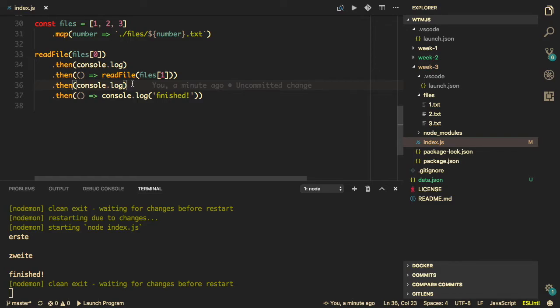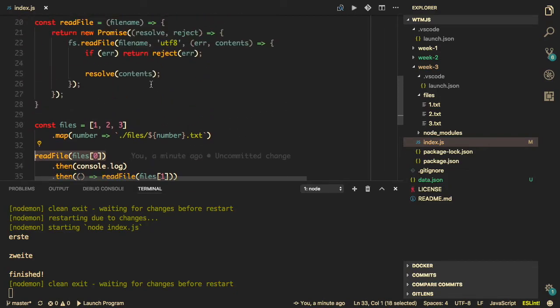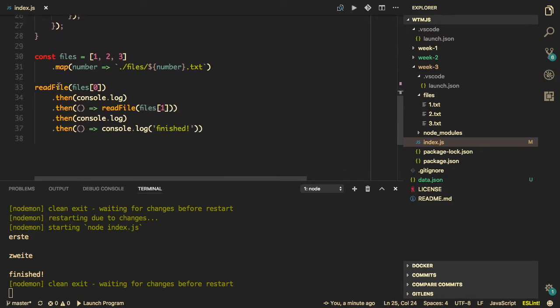Why this works? Well, I read the file, and read file gave back a promise to me. It said, in the future, I will resolve this promise. I will resolve myself with the contents of the file that you're asking. I read the file, and then I logged it. And actually, thens are chainable, so you can call multiple of them in sequence, as we did with the map before. So I said, okay, then